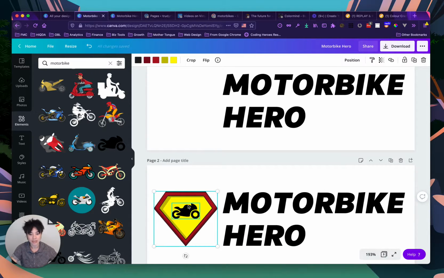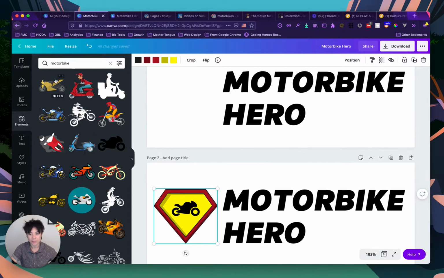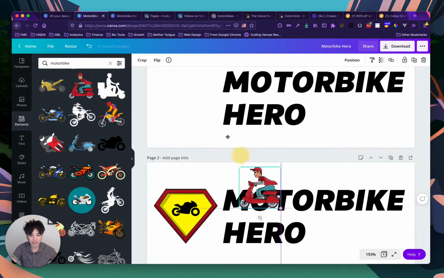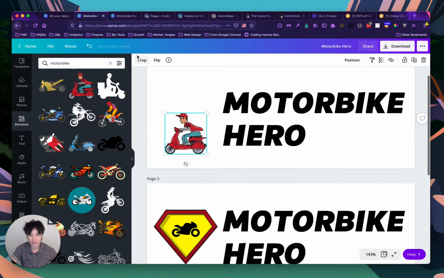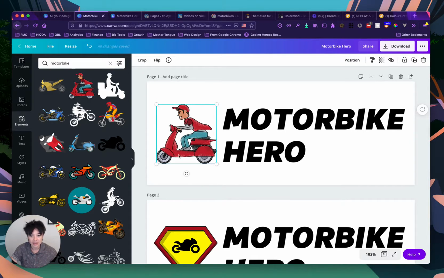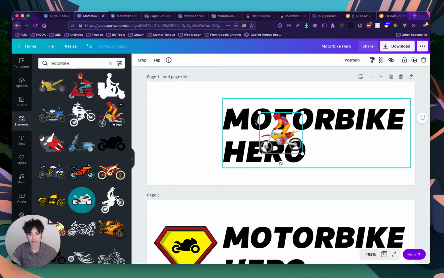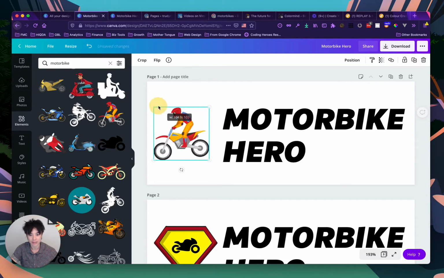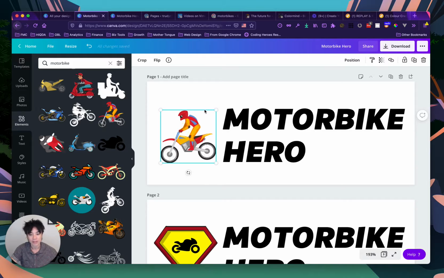And the cool thing about these ones is some elements that people create, they're not stuck with the color. I mean, some of them, it might be this one. See, if I move it here, it's a scooter, you can't change the color. So if this doesn't fit my style, if this doesn't fit my color palette, then I'm not going to be able to change the color. So it's not going to fit my branding. But if I was really set on it, like I really, really like this one, but I can't change the color, then what you can do is you can go